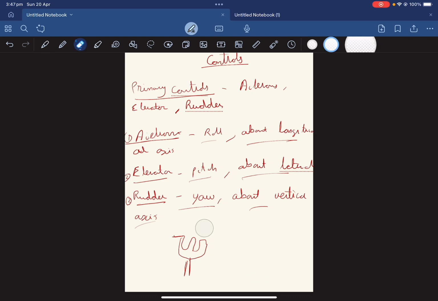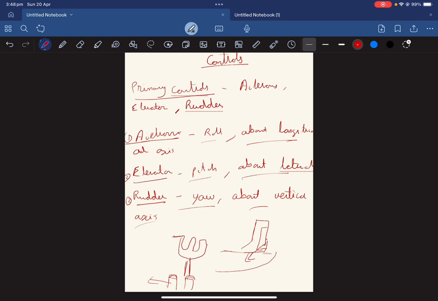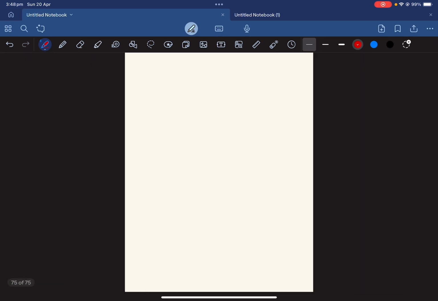And then for the yawing motion, near your legs you have your rudder pedals, which also act as brakes on the top part. If you push the left rudder, let's say this is the fin of your aircraft, this will move left, and then this will give you the left yaw. I hope that makes sense. So alright, let's move to the next topic,